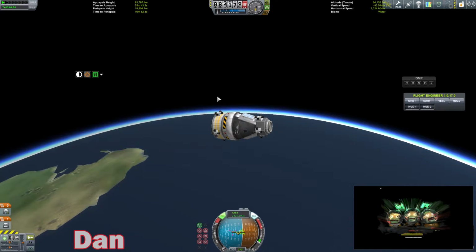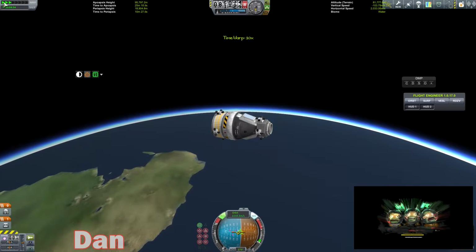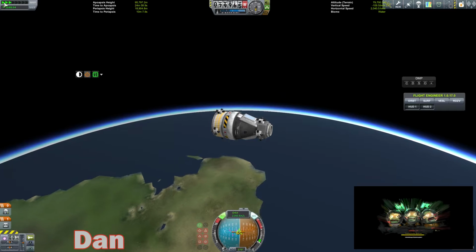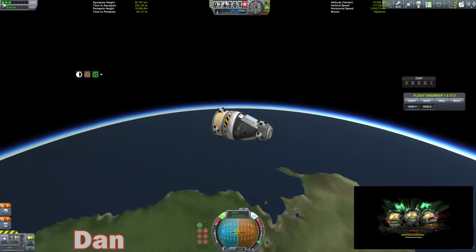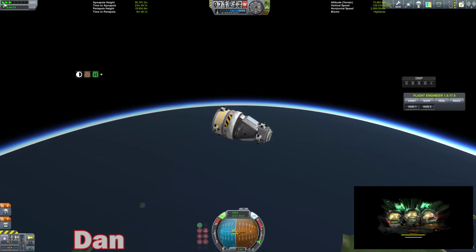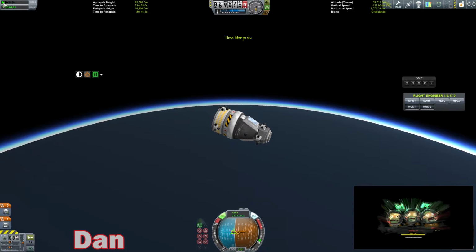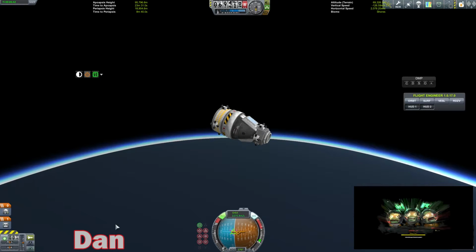Actually, let me hit Control-Shift-Escape. And let's see here. What is my Kerbal using right now as it's going through the loading screen? Right now it's using... We're at 2.5 gigs of RAM. Well, memory. It could be paged RAM, or paged memory, but...